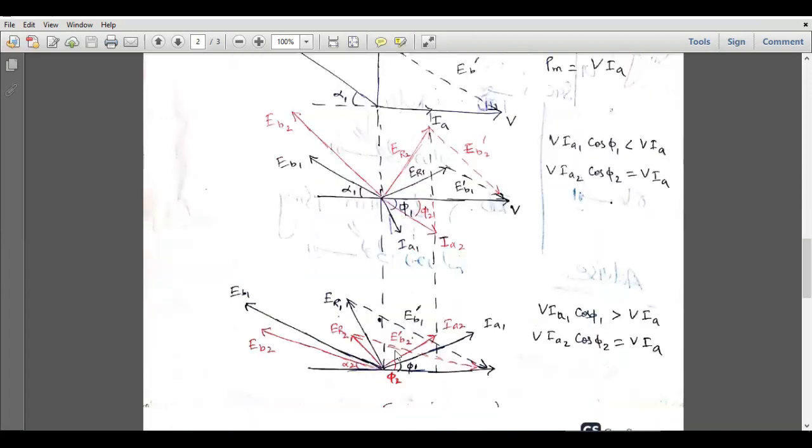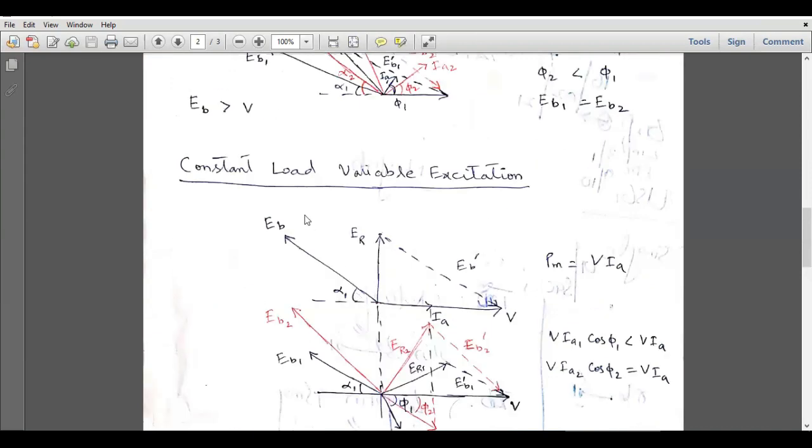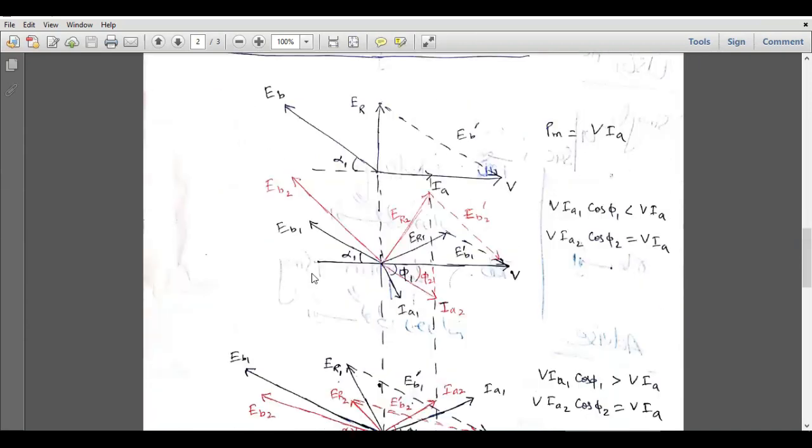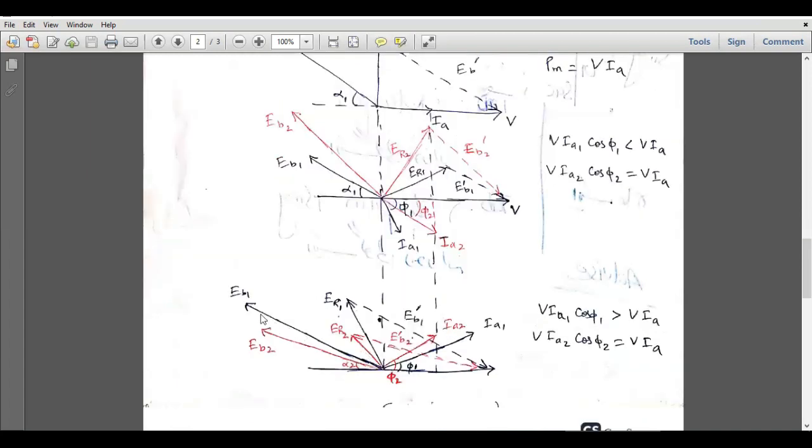Now in the second case, we will increase the excitation under constant loaded condition. So when we increase the excitation, the length of this back EMF vector will increase from this EB. So this is the base scenario in which we have the back EMF vector as EB, and when we increase the excitation, initially this back EMF vector will grow larger, and as a result of this EB1, we will evaluate ER1. So EB1 has to be placed over here, naming it EB1 dash. So this is our ER1, and according to this ER1,